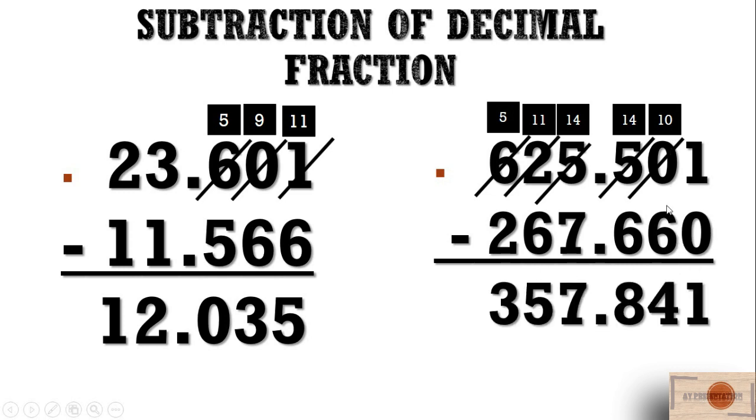minus 6 is 4. Then 4 remains here, and 4, then we cannot subtract 6 from 4. Then move on to the next number. We get 1 from the 5, and here it comes as a 10. So 10 and 4, that is 14. 14 minus 6, then 8 remains. Here the point stays as it is.